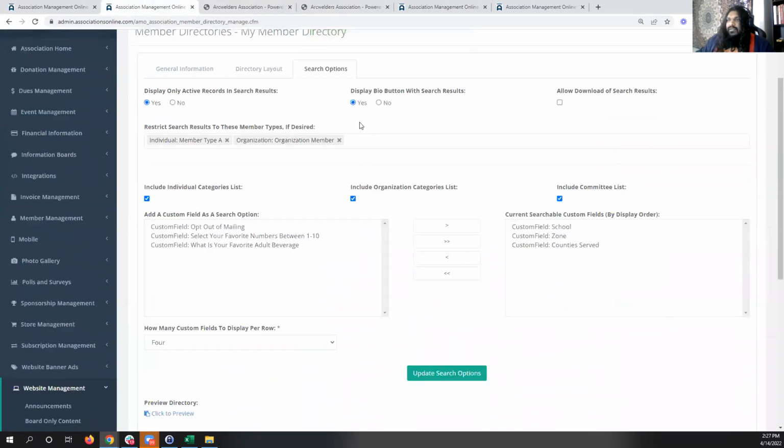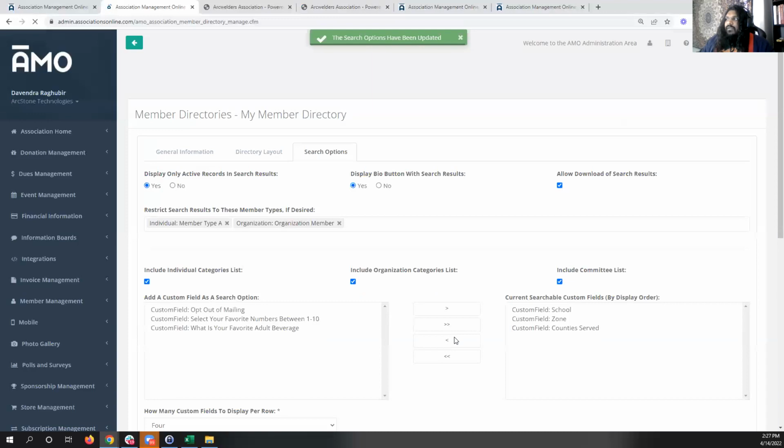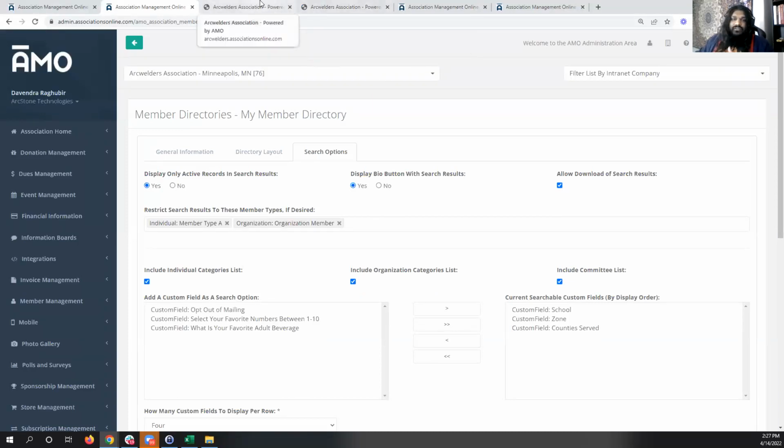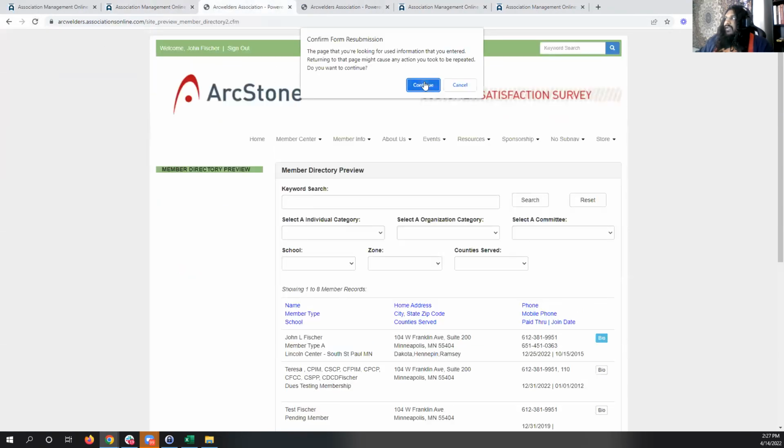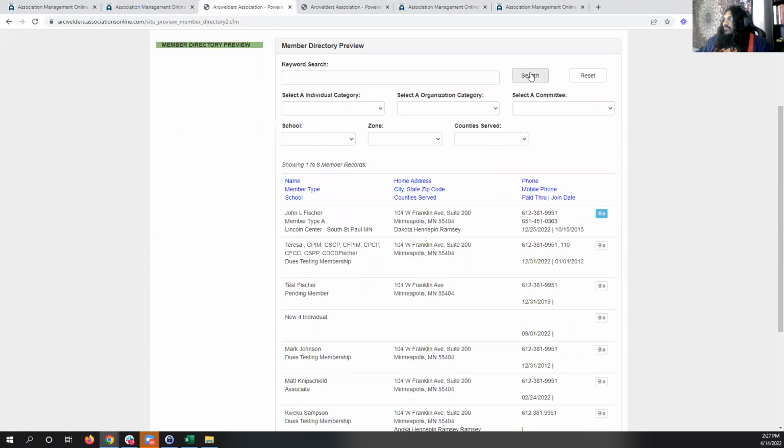And then the other thing that we added is an allow download of search results option. A few people asked us, basically, can you do a print of these custom directories? And our standard directory does have this functionality, so we ended up adding this as well. Now, if I look here and then do a search,